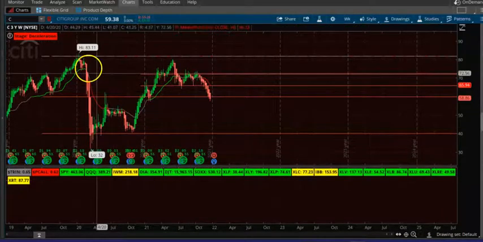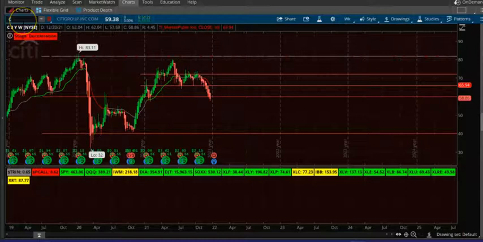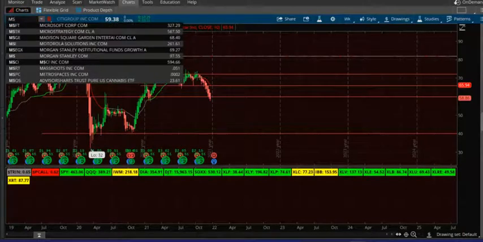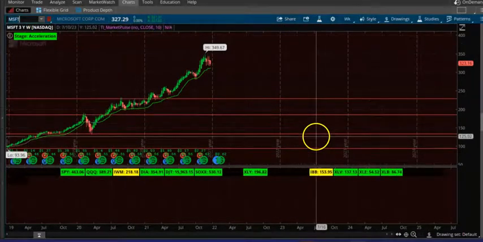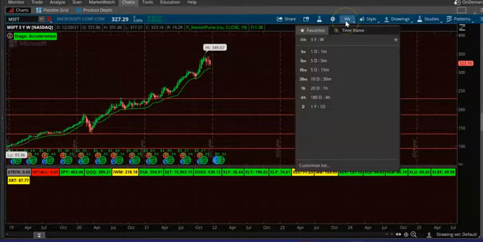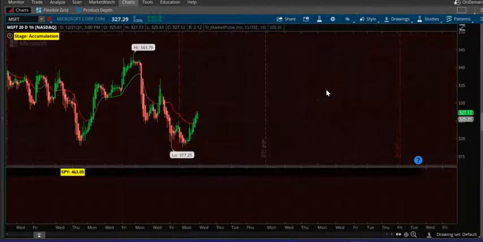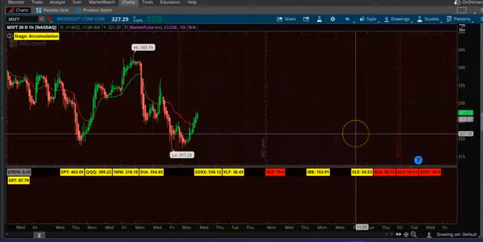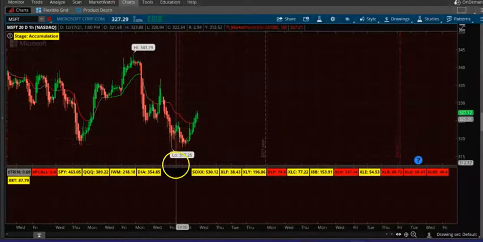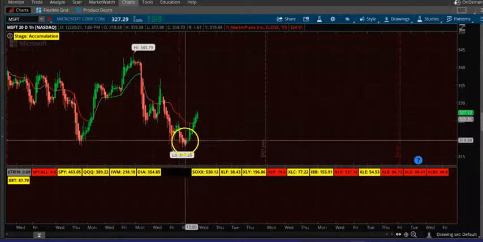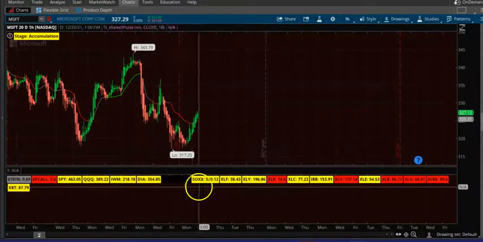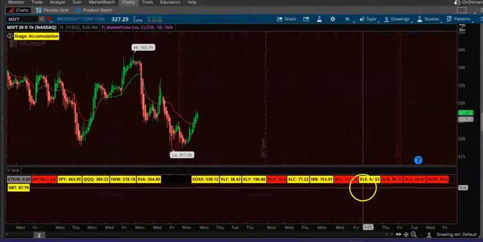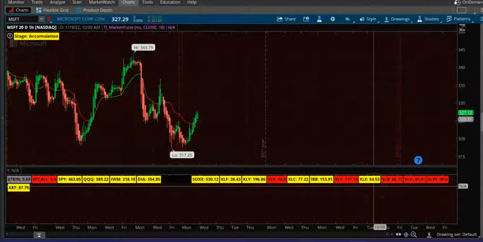So let's look at one more stock. Let's look at Microsoft MSFT. So let's go to 1 hour time frame. Okay, so market is in accumulation. Basically it's here. You can see that the line is changing, and you can also see the other indexes in the particular time frame. Okay, so